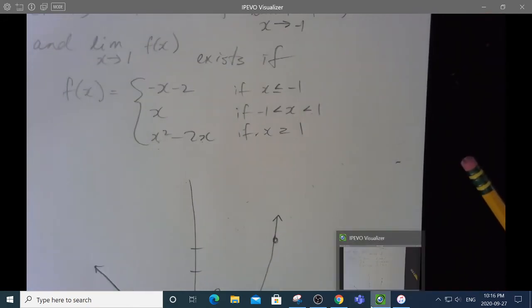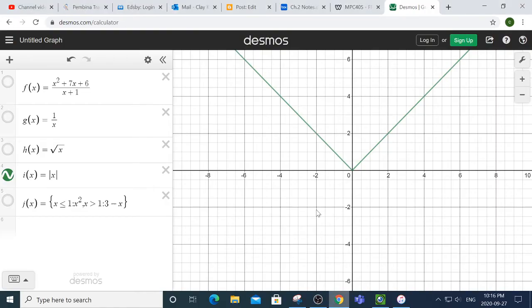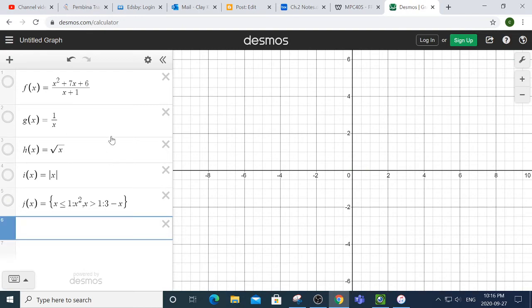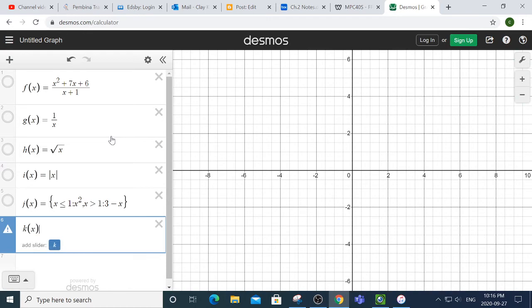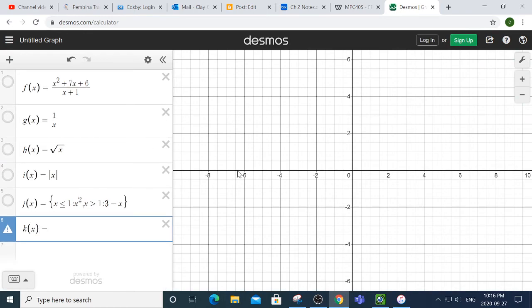Let's try it on Desmos, just to make sure that we know what we're doing. You should be able to do these. Okay, so let's get rid of that one and let's open a new one. I've already used FGH. I'll just use K of x equals. Okay, so to tell Desmos that you want to do a piecewise function, you open up the curly bracket. It's shift, the key beside the P button on a keyboard. And then plug in